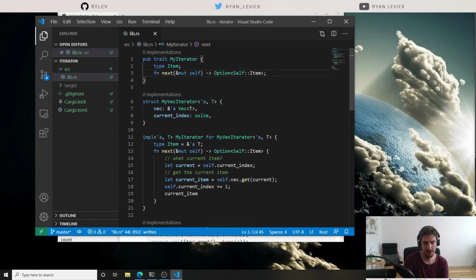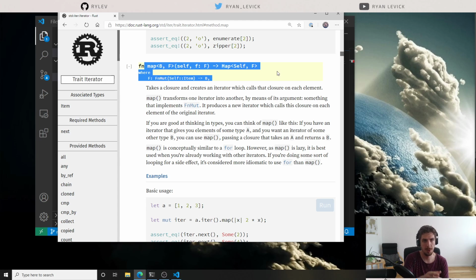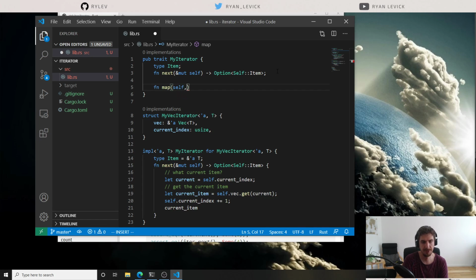So we're going to implement map, and if we look here, what map does is it takes self here, and it takes a function of type F. And it's important to note that it takes self here, because when we're mapping over an item, we don't want to have the iterator that we had before. We want a new iterator that is the result of mapping our function over each item. So we no longer will have the previous iterator, we've consumed it,